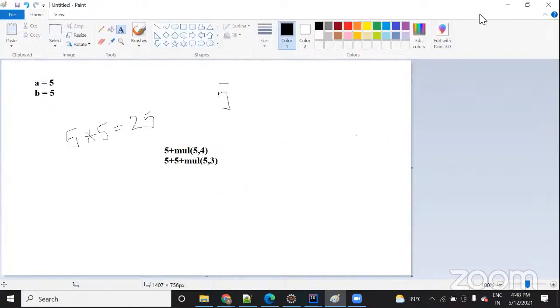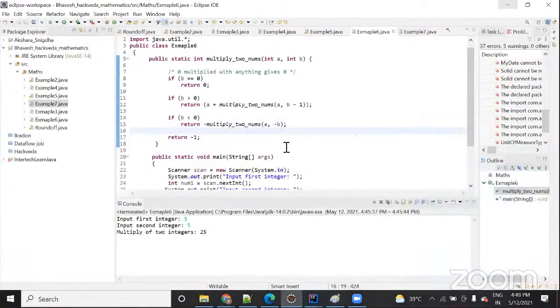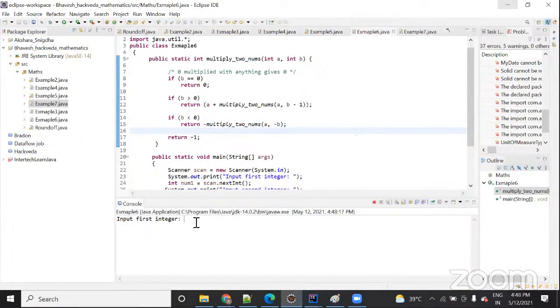You can try it, how you can multiply without using the multiplication operator. If you want, let me show you for other input also. Let's take 5 and 7. It still gives 35. So basically, the B part always plays a key role here. It's something like a factorial, it works something kind of that.